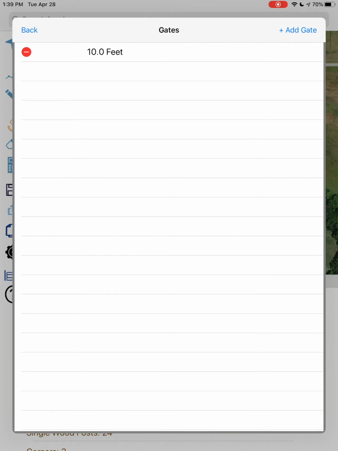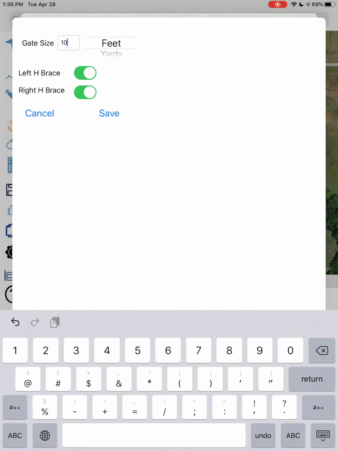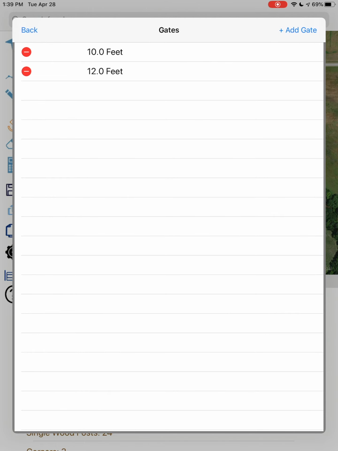If you have several identical gates, there's no need to add them individually. Tap the red circle on the left, and options will appear to duplicate, edit, or delete each gate. Choosing Duplicate will create a new, identical gate. Edit allows you to make changes to your existing gates. When you are finished adding gates, you can view the effects of your changes on the Supply tab.